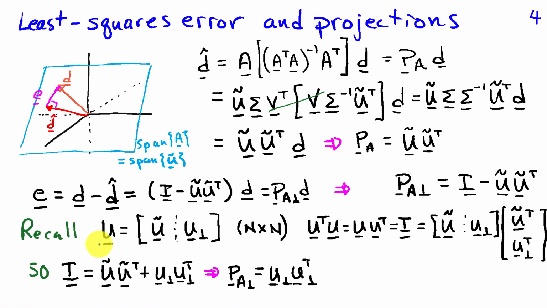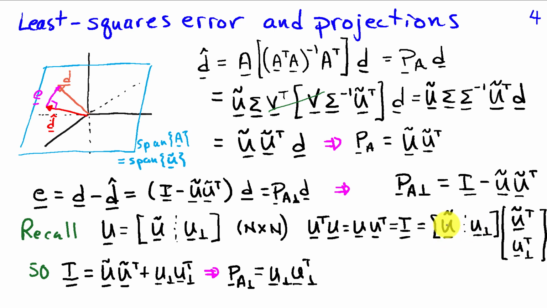Well, recall that we started by defining the full singular value decomposition and also had the economy singular value decomposition represented by the left singular vectors U tilde. U, being the full set of singular vectors, is an n by n matrix, and we know that since these are all orthonormal and there are n of them, U transpose U is equal to the identity, and we'll write out U in terms of this partitioned matrix representing the left singular vectors associated with non-zero singular values, and then these terms which are associated with the block of zeros in the sigma full